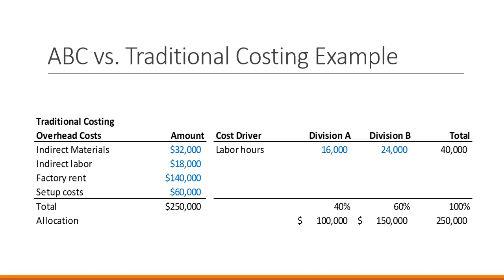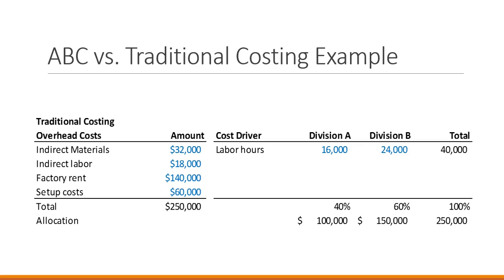So let's look at our company example, starting with allocating overhead based on traditional costing. We have 4 categories of overhead for the company. The total is $250,000. And let's use labor hours as our activity. We use labor hours for the basis of allocation. We see that for the 2 divisions of the company, we have 40,000 total labor hours. 40% of those are in Division A, 60% are in Division B. We allocate the total overhead of $250,000 based on those percentages, giving us allocation of $100,000 to Division A and